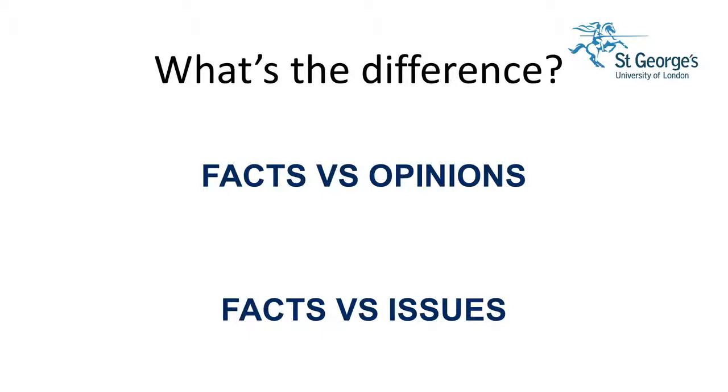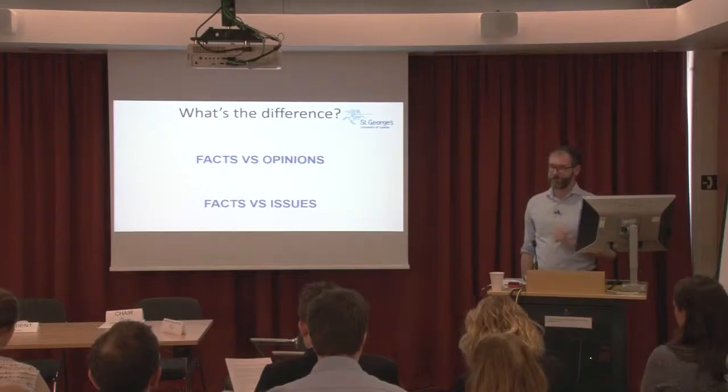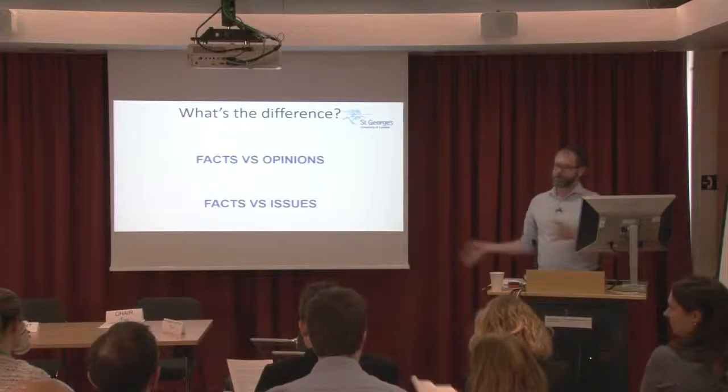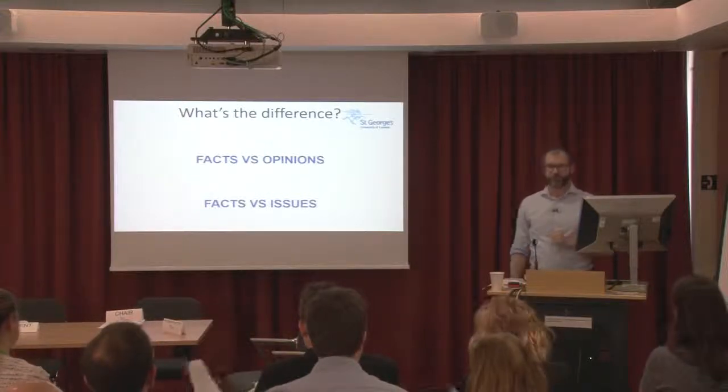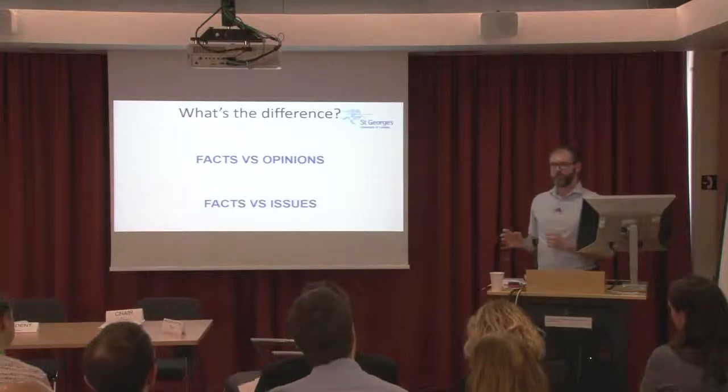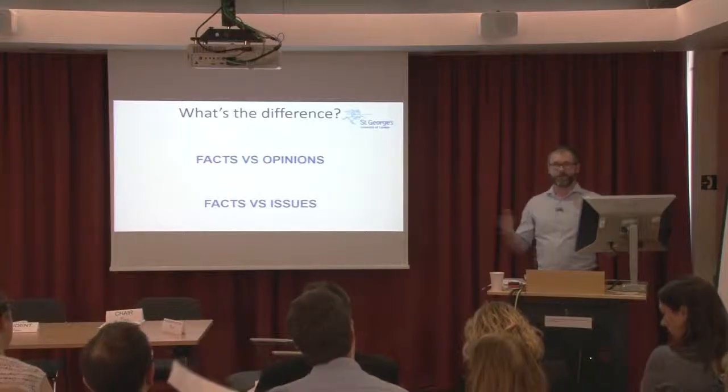And when you start looking at the evidence, you will come across certain challenges. One of them is distinguishing between these three things. First, facts and opinions, and those also need to be distinguished from issues. And when you write your case, you need to be absolutely sure what the fact is. It can be mixed up with your opinion, somebody else's opinions, the investigating officer's opinion. We need to be clear what the fact is, and opinions need to be kept separately.